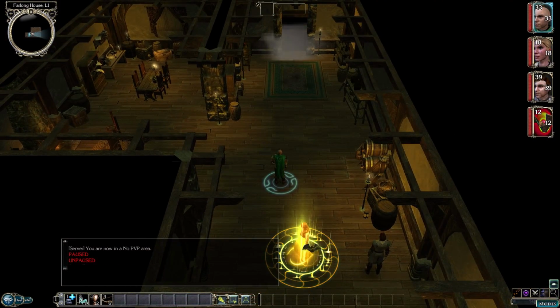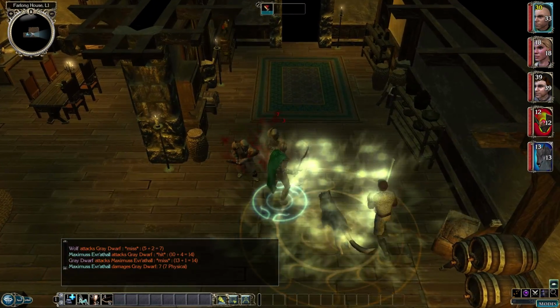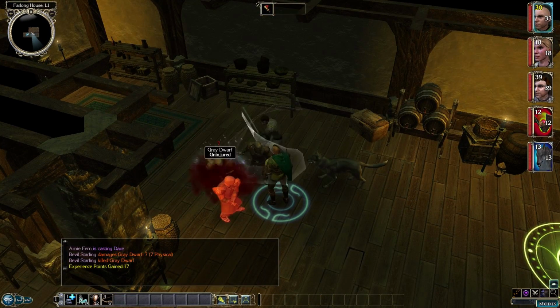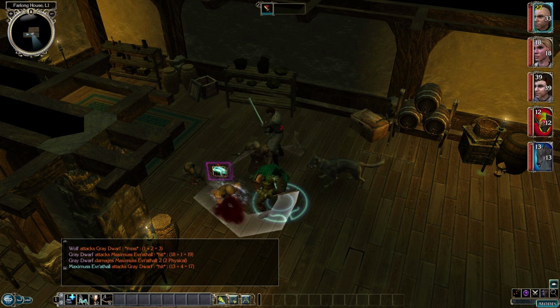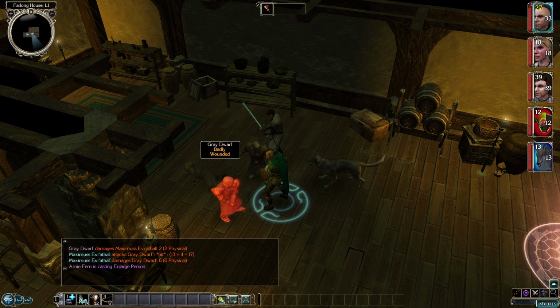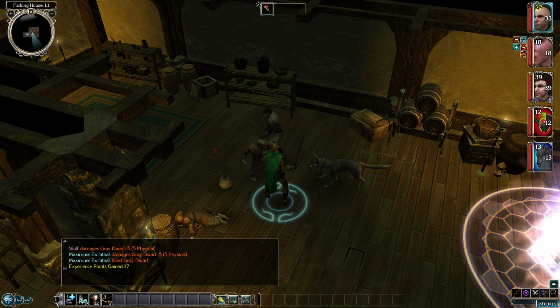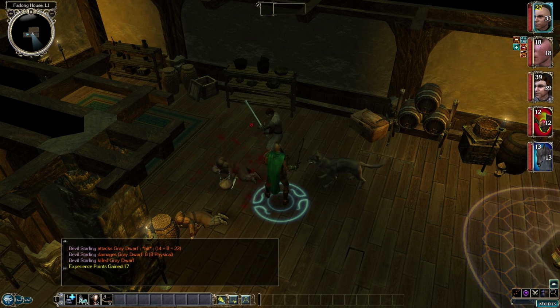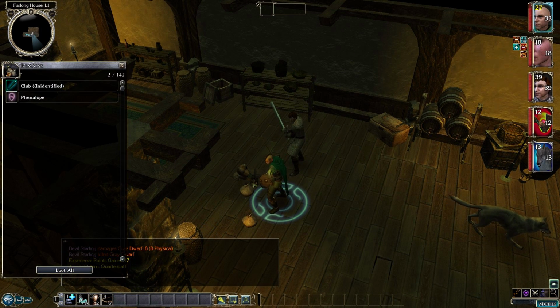So yeah, this is where the real game finally begins. Wolfie, come to my help! Well, that's actually the wolf that she summoned. Where is my wolf? Well, I'm gonna summon him manually after this fight. Bevel, why are you so slow with your hits? Quarter staff, I'm actually gonna...